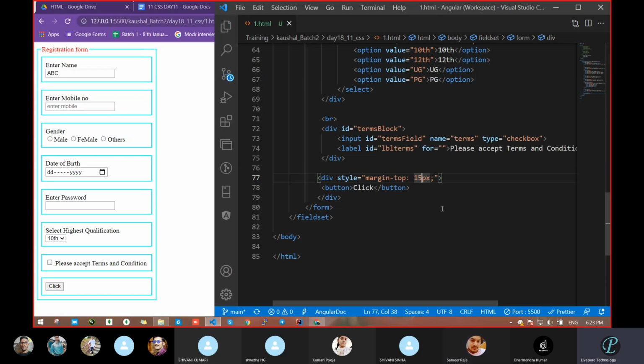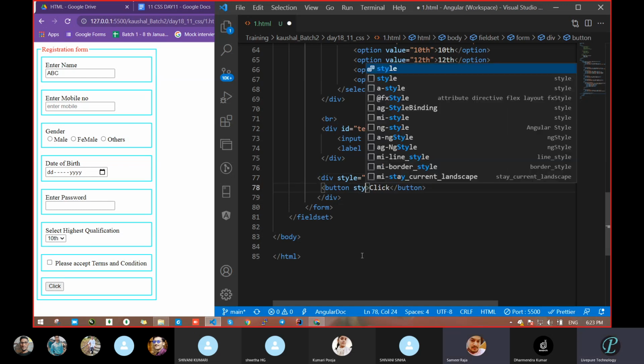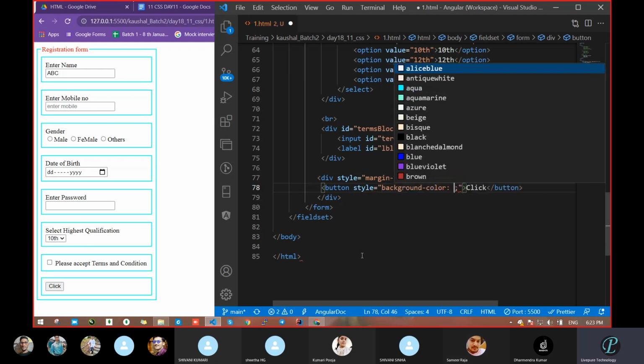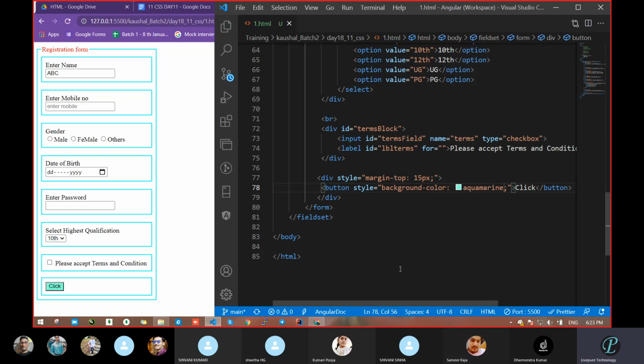So this way we designed our button, but the button is not looking good. Give a style for the button also. Text align center. Background color. Okay. And go with some color, anything. We got this one, but the button is very small. What can we do? Padding. No padding. Height and width. Yes. Height. Take 250 pixel. Let's see how much it's going. It has gone too much. I do not want this much. Take 50 pixel. Fine. And go with width.